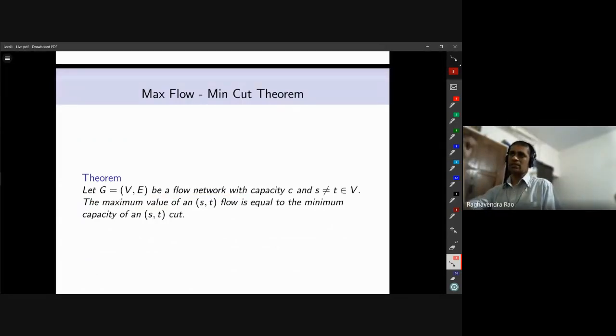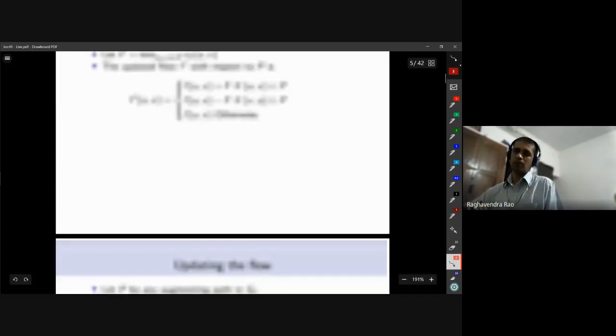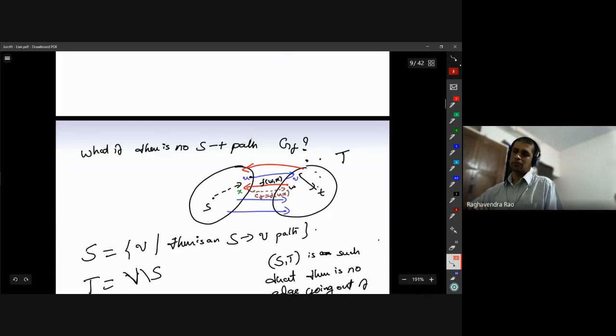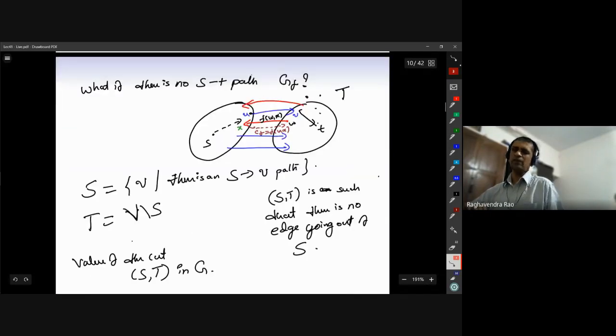The nice thing about this is the proof itself is algorithmic. I believe this statement was known much before, and algorithms people reinvented it, but the earliest proof was basically due to Ford and Fulkerson. Other people have slightly different proofs, not exactly the augmenting path argument. But the nice thing is you actually have an algorithm. You immediately get an algorithm for computing max flow. Can one of you summarize the algorithm? This proof itself immediately gives you an algorithm.